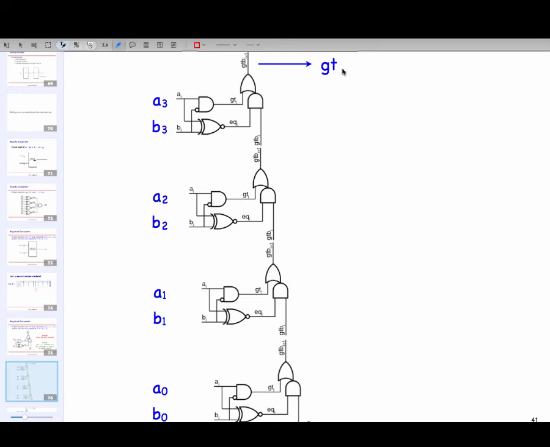This circuit suffers from exactly the same issue that we previously talked about, which is long delay, right? This signal will go through all these gates and come out there. What can you tell me, for what values of A and B would this circuit face the worst case delay? Okay, or they just differ in the last bit. So 0, 0, 0, 1 and 0, 0, 0, 0. So if the upper 3 bits are identical and the lowest bit is the one making the decision, then the signal will have to propagate all the way through.